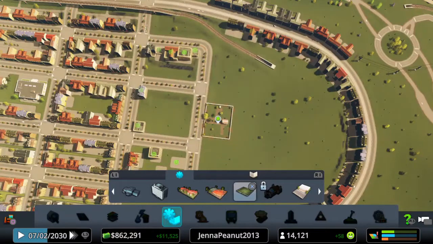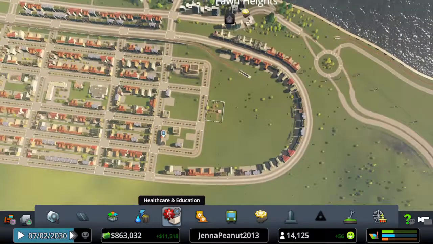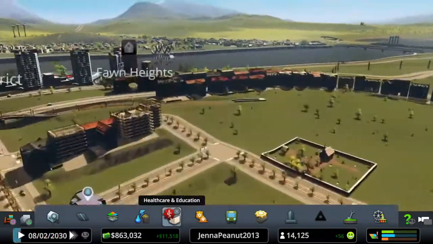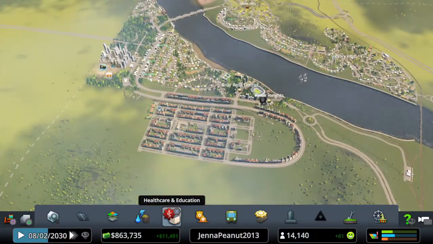I might build around there and then put some trees in, so we don't have houses directly around the cemetery. Personally, I wouldn't want to live right next door to a cemetery. Some of you may, but I certainly wouldn't. Okay, so